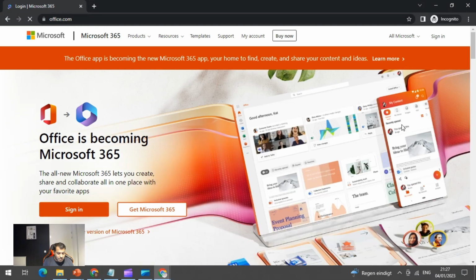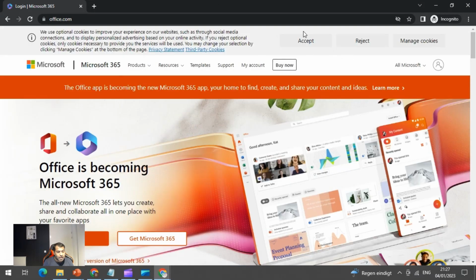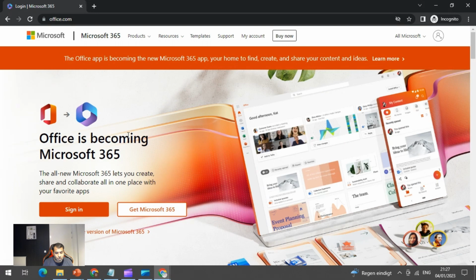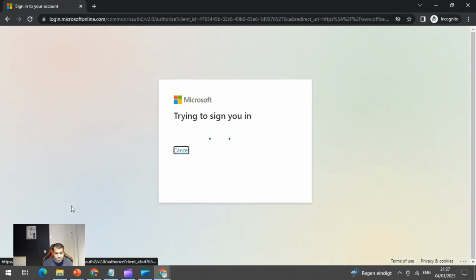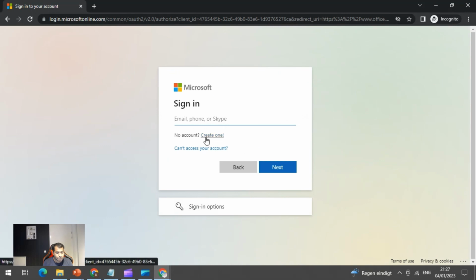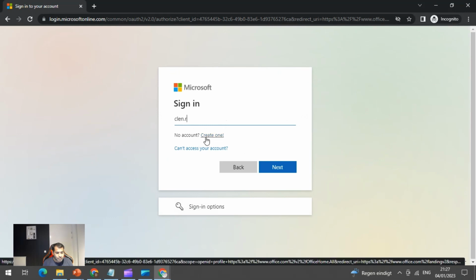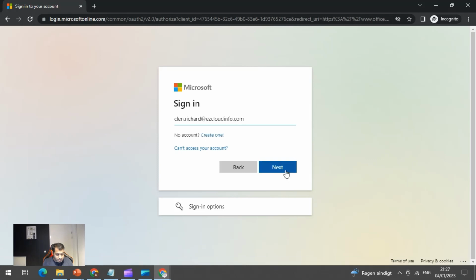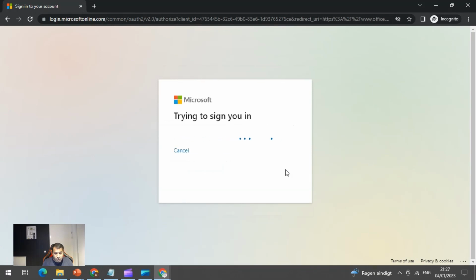So I'm just trying to access office.com. The moment I access office.com, I wanted to sign in, so I accept the cookies and I'm going to sign in. In the sign in, it's going to ask. I'm just typing the test user, he is Glenn Richard. The moment I click on next,